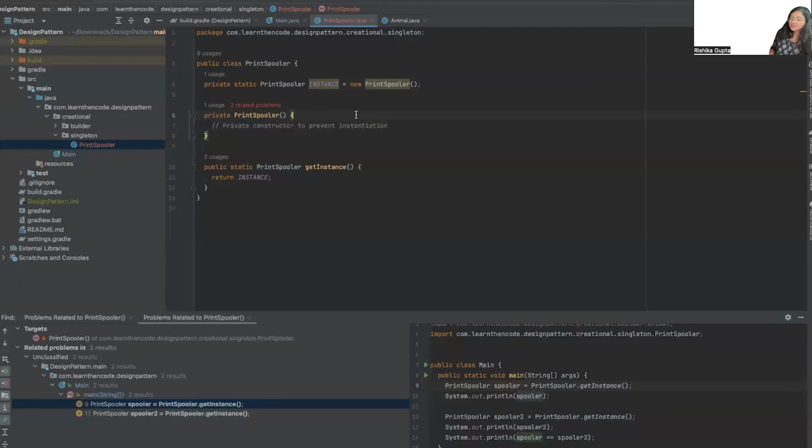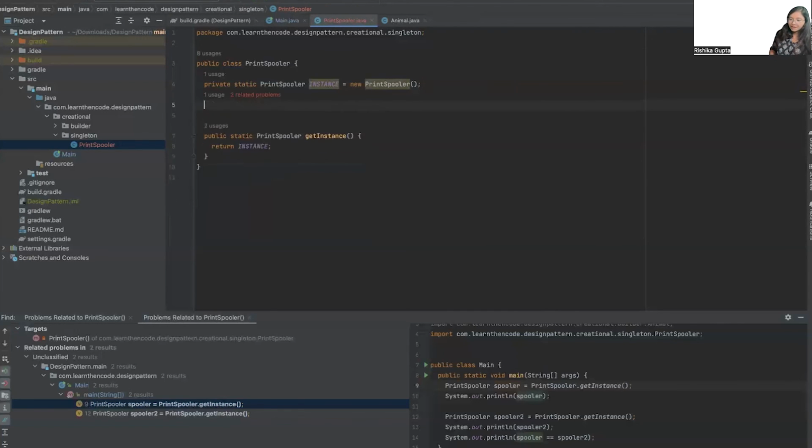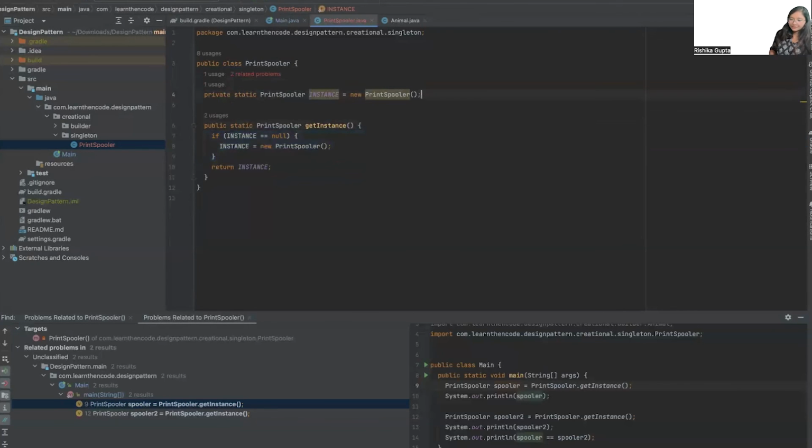The second option is lazy initialization, which we can do simply with a keyword called synchronized. So synchronized keyword ensures that only one thread can create the instance at a time. Basically, it controls that only one thread can access that particular block at one time. So how you can do that? I'll just revert all the changes.